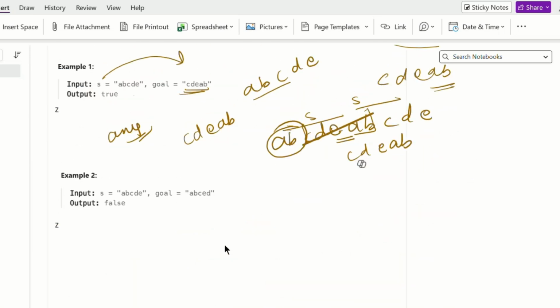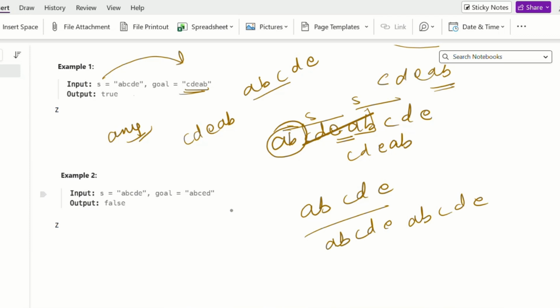Now, for my second example, a b c d e, if I write this two times, a b c d e and a b c d e, and check whether goal is a substring of it, the goal being a b c e d, it is not present here. It is not even here.